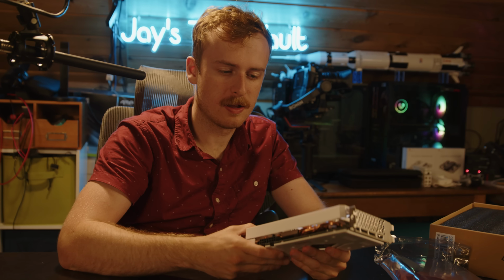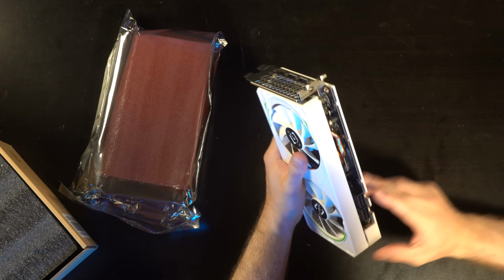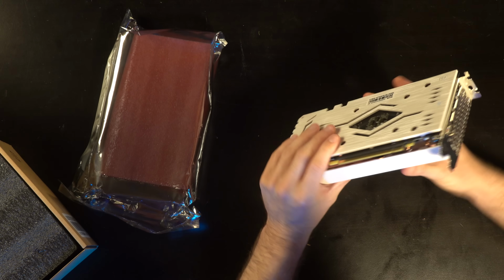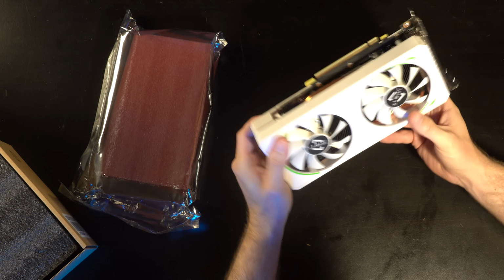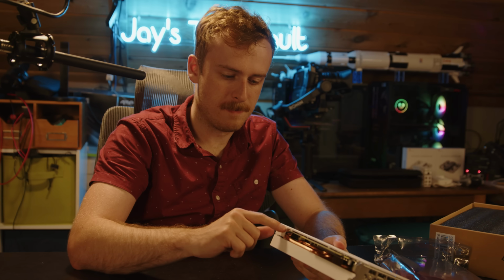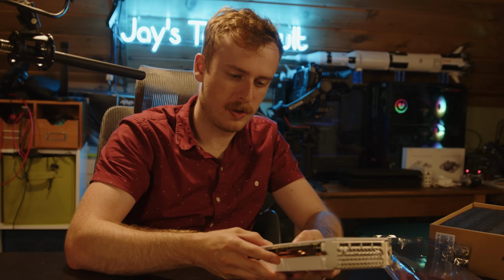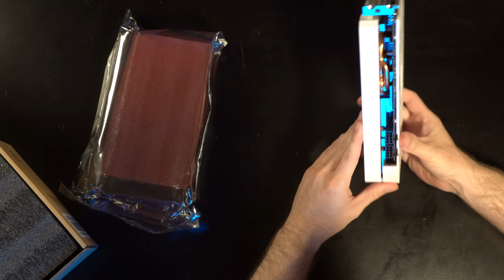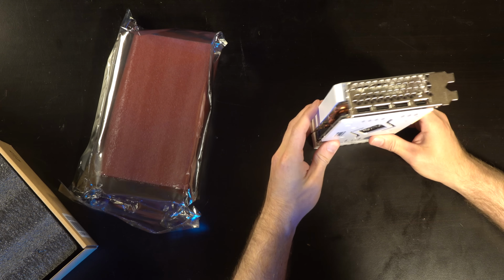I don't see anything here that really sticks out at me as a point of concern. I mean, yeah, you've got your standard pin connectors. It's a 3070. It feels a little cheap, but also the plastic looks kind of cool. It's got this pearl kind of shading, silvery kind of look, which, as I said, for a cheap graphics card,